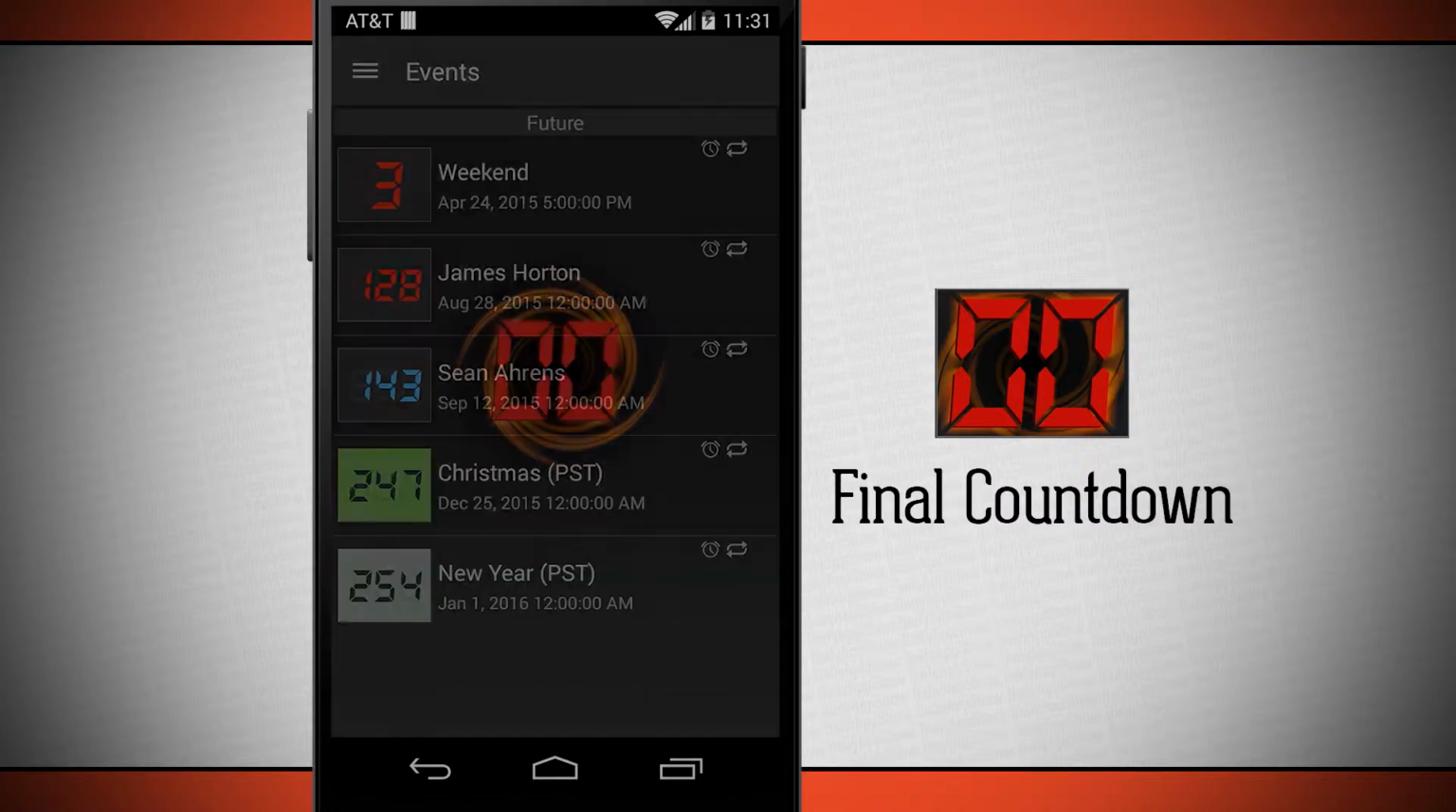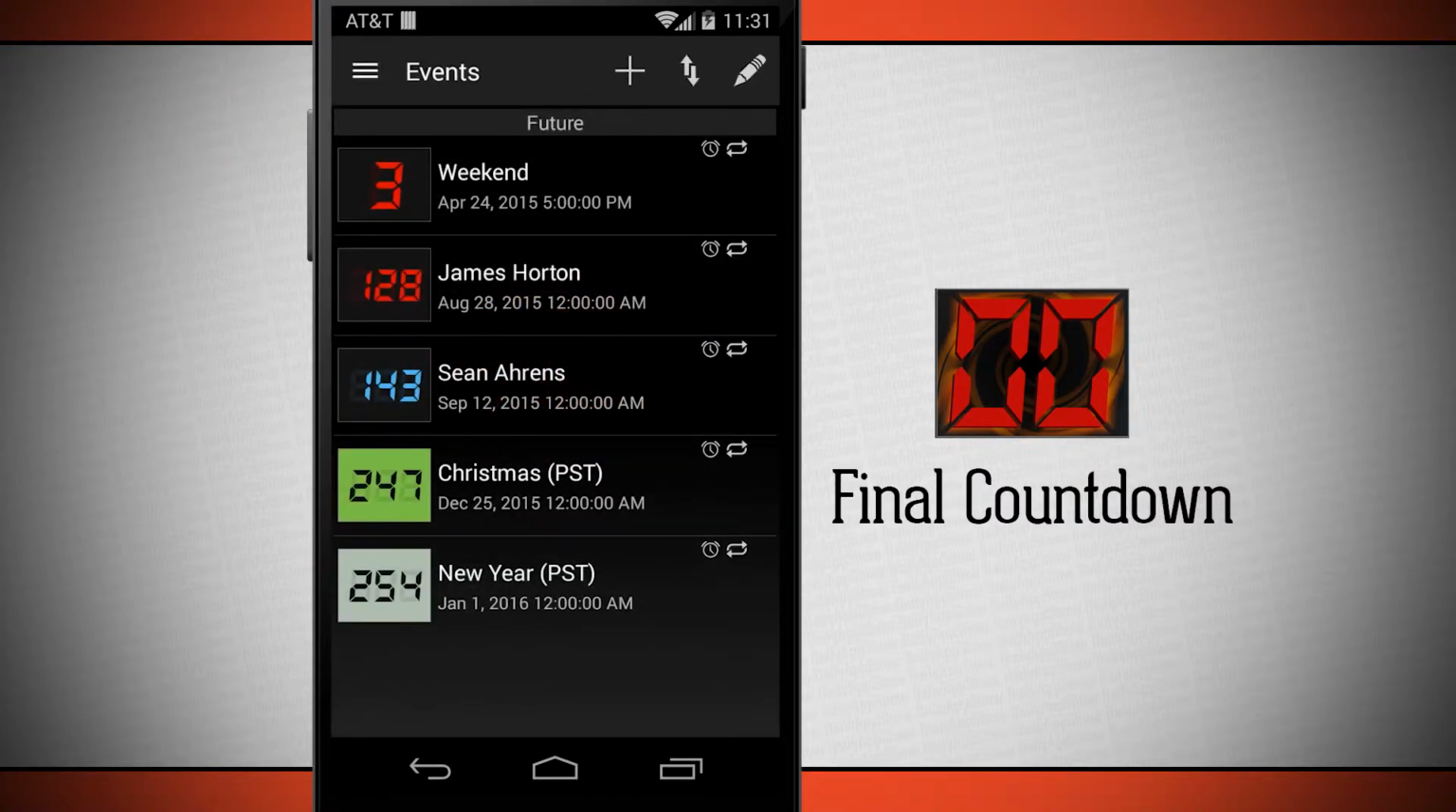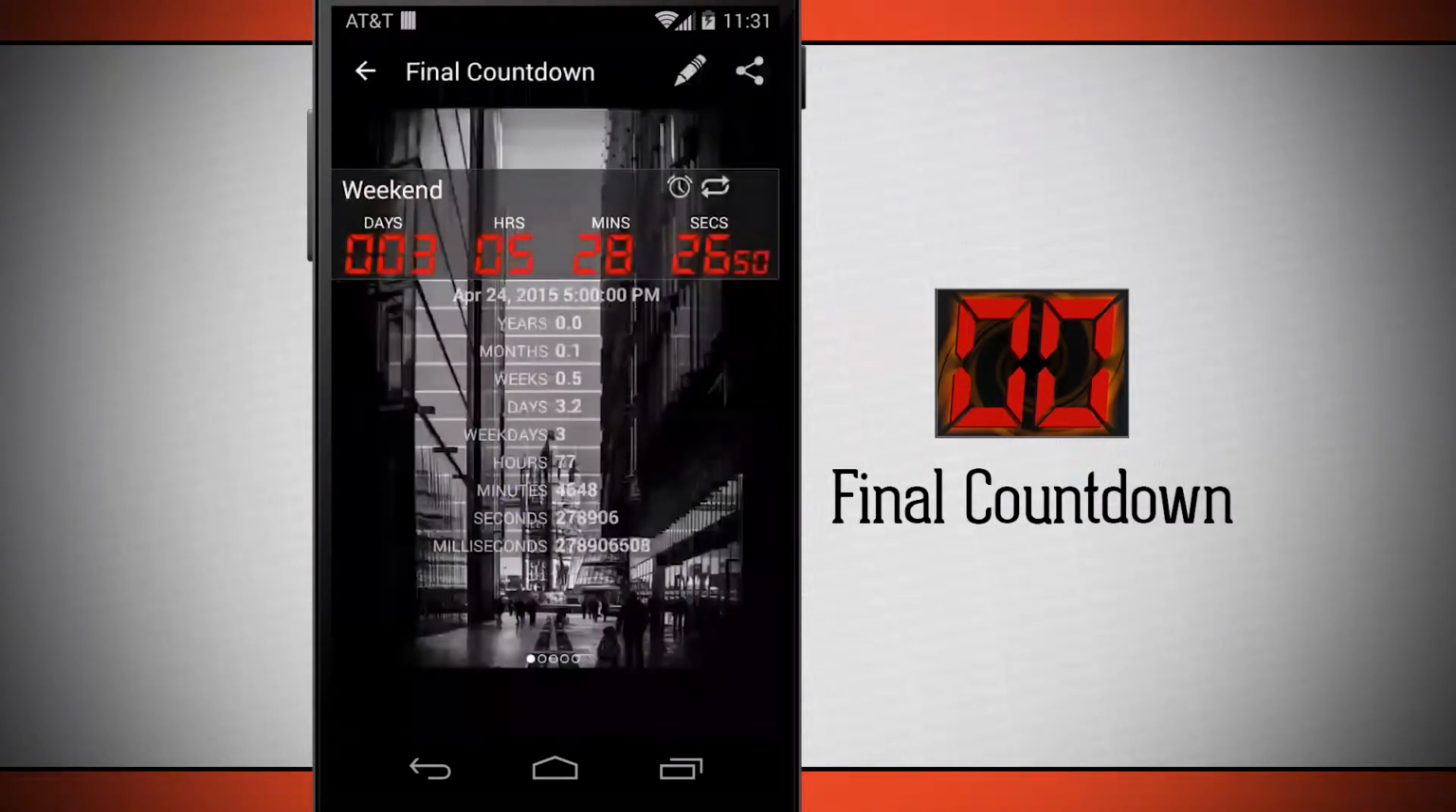So open up the application and it brings us into our events page where I can see the countdowns I have set up. The one that I have here for the weekend is the one that you saw on the home screen, and if I tap on it, it's going to bring me into the countdown. I can see how many days, hours, minutes, and seconds I have left, and I have some detailed information down below such as years, months, weeks, days, weekdays, how many hours, the minutes, seconds, and even all the way down